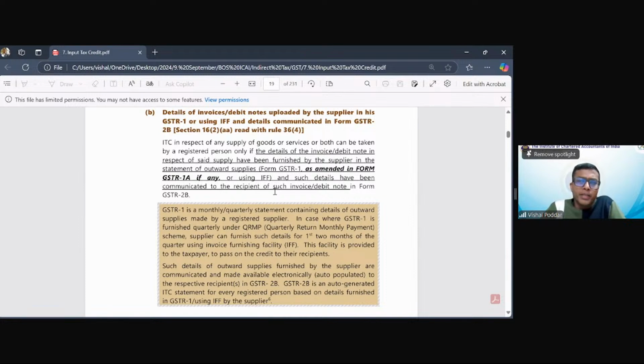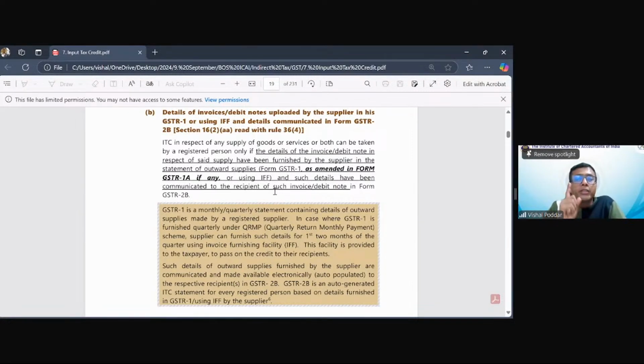IMS is invoice management system. Now, if you remember, I just mentioned when I started explaining this that earlier there were GSTR 1, 2, 3. The supplier uploads in his GSTR 1, it will reflect in your 2A. And in 2A, you had the option of accept, reject, modify. Later on, the system failed. So 2A did not have this option. It was only showing what the supplier uploaded. So they switched to 2B, which is showing more details. What are the details? I'll let you know later when the point comes.